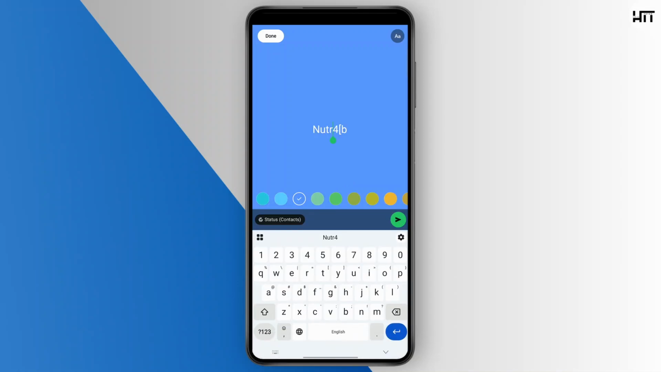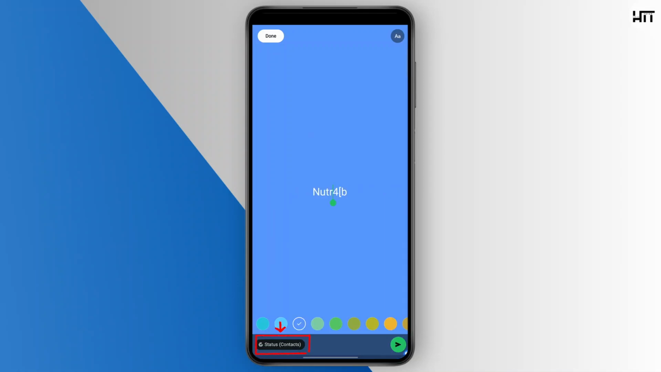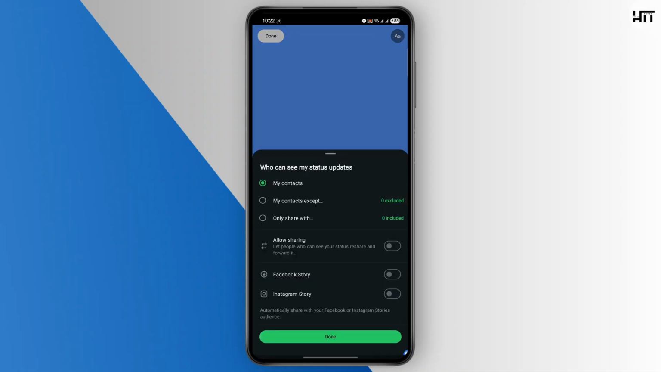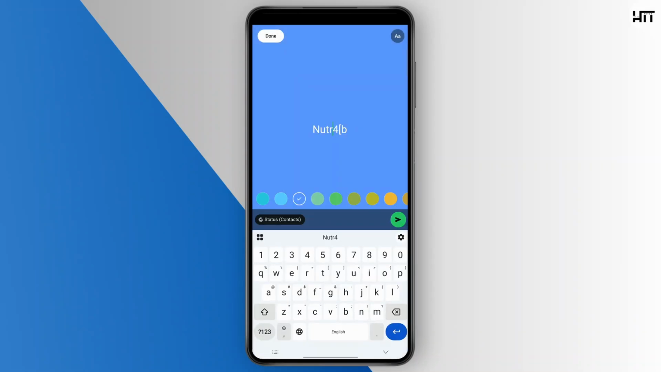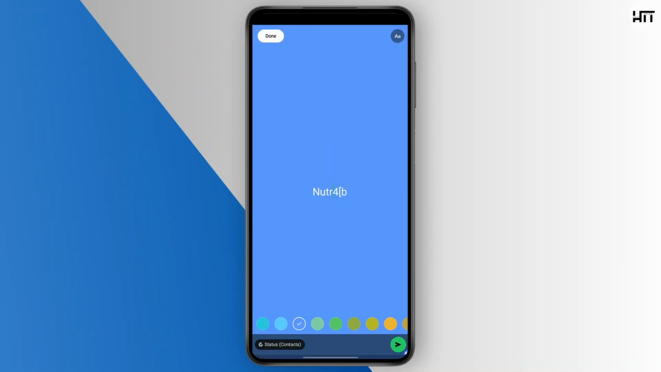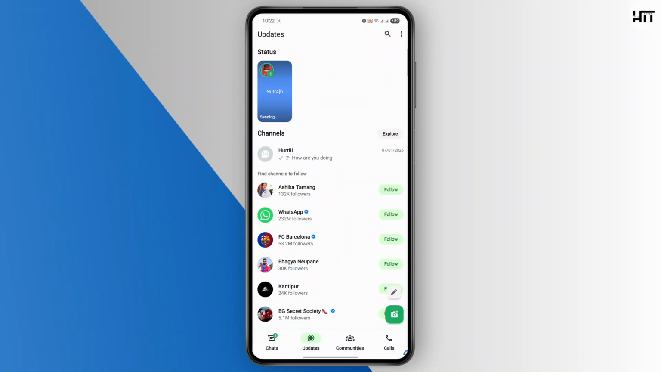At this stage, before posting, tap the privacy icon at the bottom left corner if you want to control who can see your status. You can share it with all contacts, select contacts only, or exclude certain people. After this, once you're happy with everything, tap the green Send button at the bottom right to post your status. Finally, your status will go live and will be visible to your selected contacts for 24 hours before it disappears